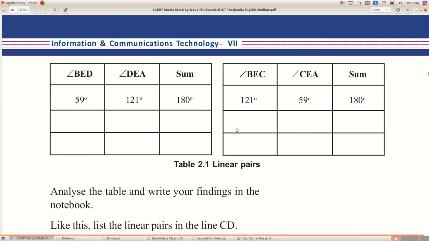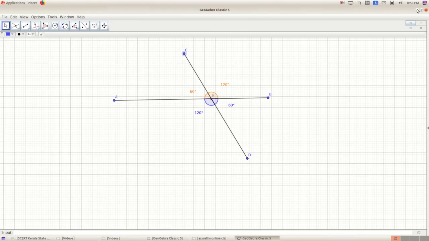Okay. While analyzing this table, what are your findings? Among the four angles made by two lines cutting across each other, the sum of each pair of nearby angles is 180, isn't it?